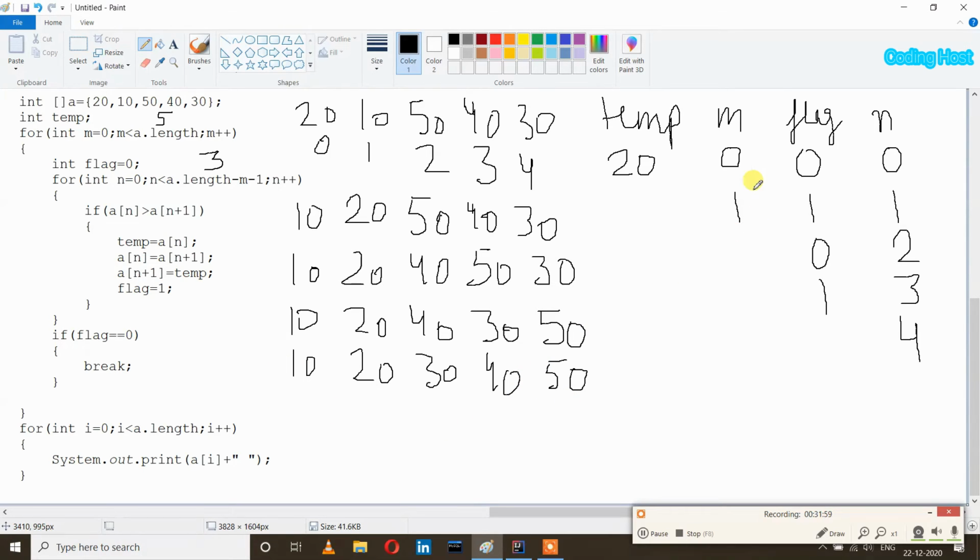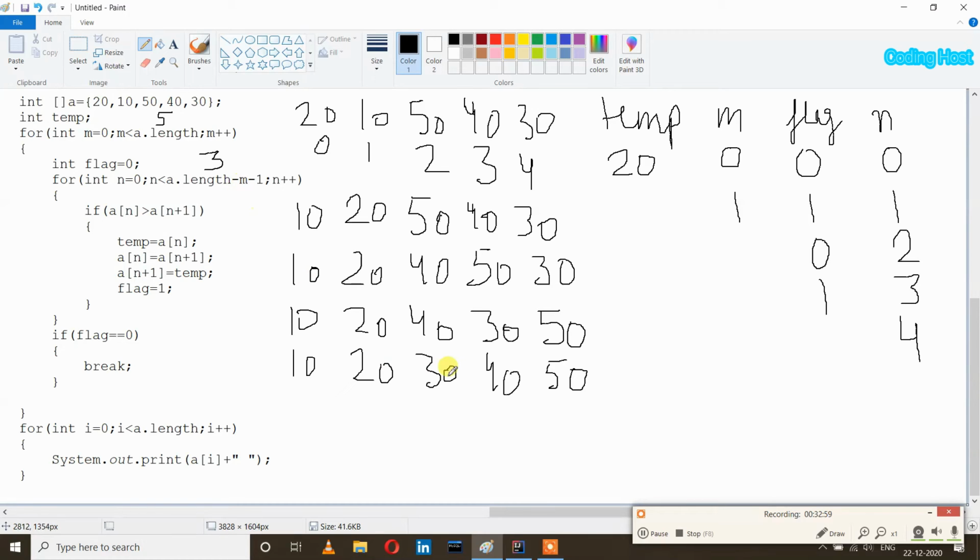So as we execute the next iterations, we will swap fewer elements. In the first iteration, we try to swap all the elements from here to here, and in the next iteration, we only swap elements from here to here, because in the first iteration, element 50 has been assigned to its right place, and in the second iteration, element 40 has now been assigned to its right place. So now only 3 elements are left. So in the next iteration, we only have to swap the elements from here to here and not up to here. So that's why we are using minus m here.